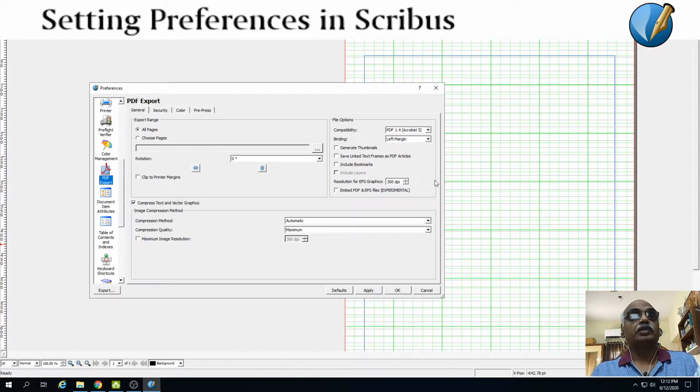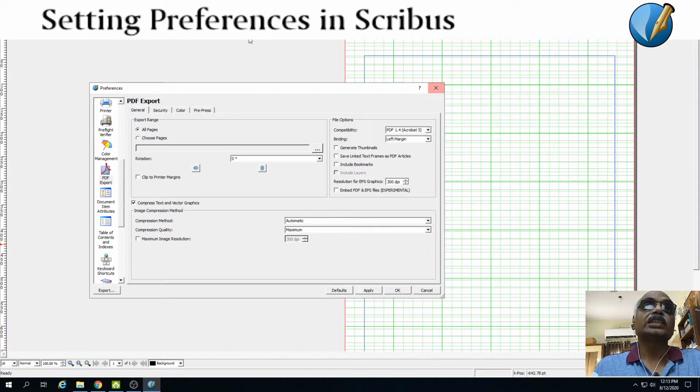So again, PDF, this I have already told you, where you have the choice of either attaching all the pages to the PDF document, or if you want to send out a sample of your work, you can choose pages by clicking this radio button and choose the pages and ensure that only those pages are included in the PDF, and you can send that PDF for others to sample it. So that is one aspect which you can do here.